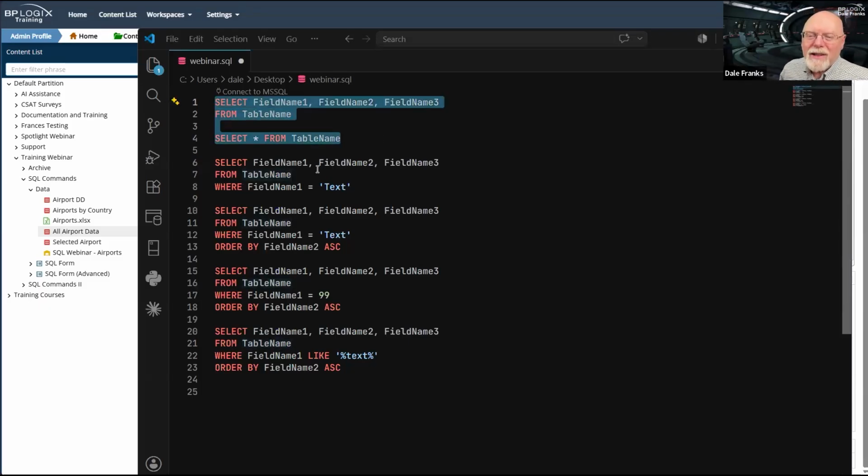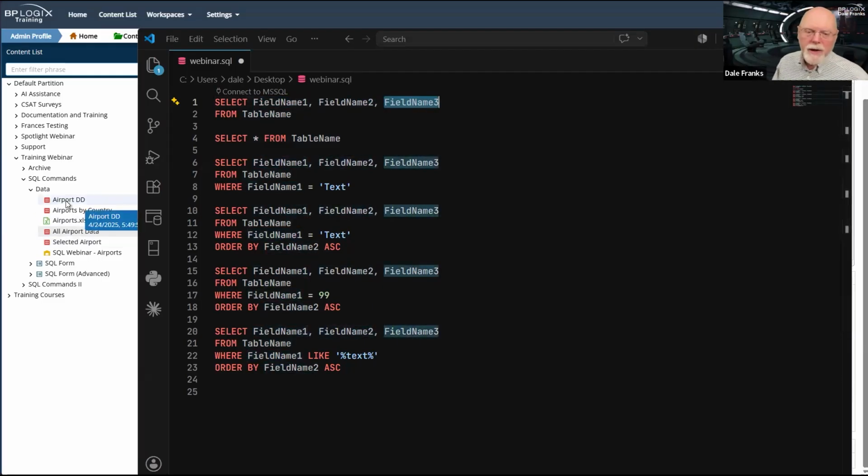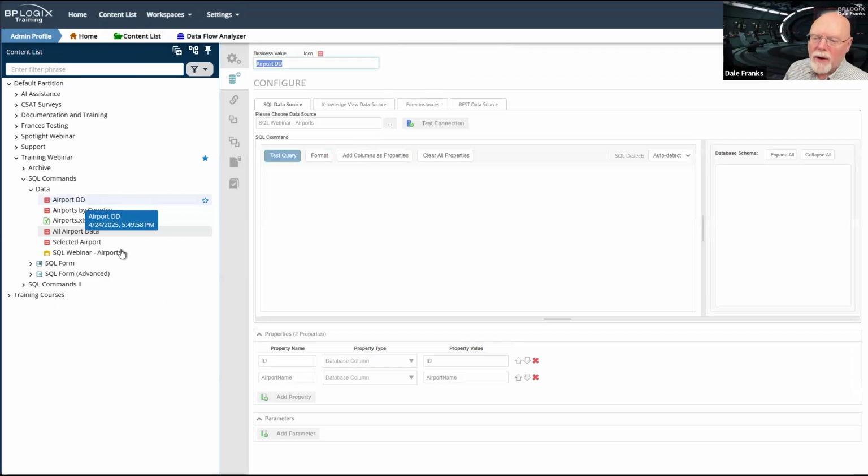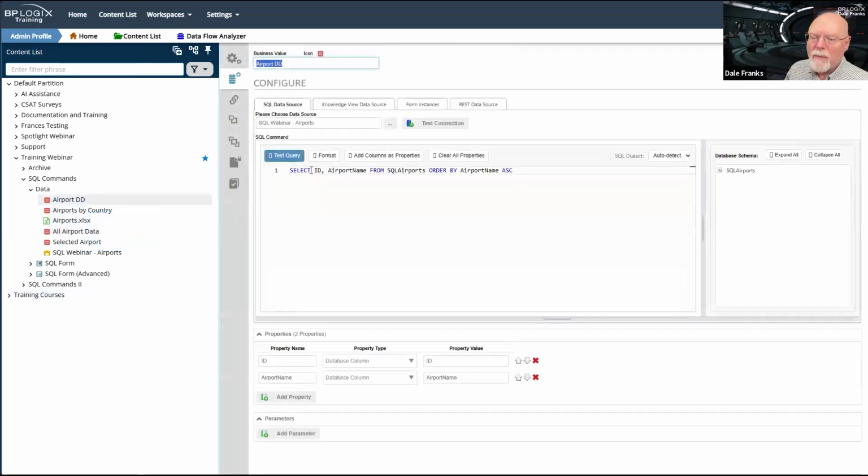So that's the simplest way. And really, there's only 2 things you have to know. If I only want to pull a couple of fields, then in my select phrase, I have to name the fields that I want. So in this case, I'm pulling 2 fields. If we go over here to the airport DD business value, I'm selecting ID and airport name from SQL Airports.